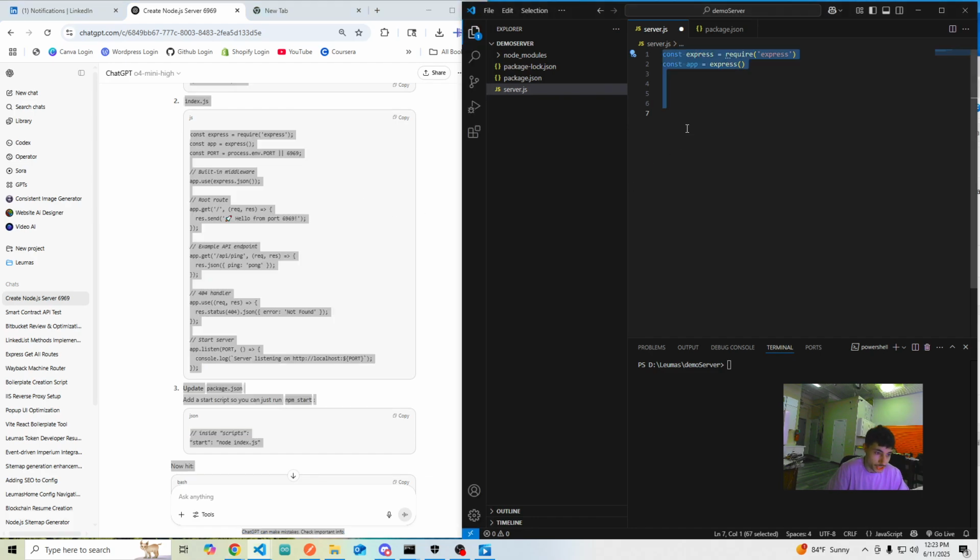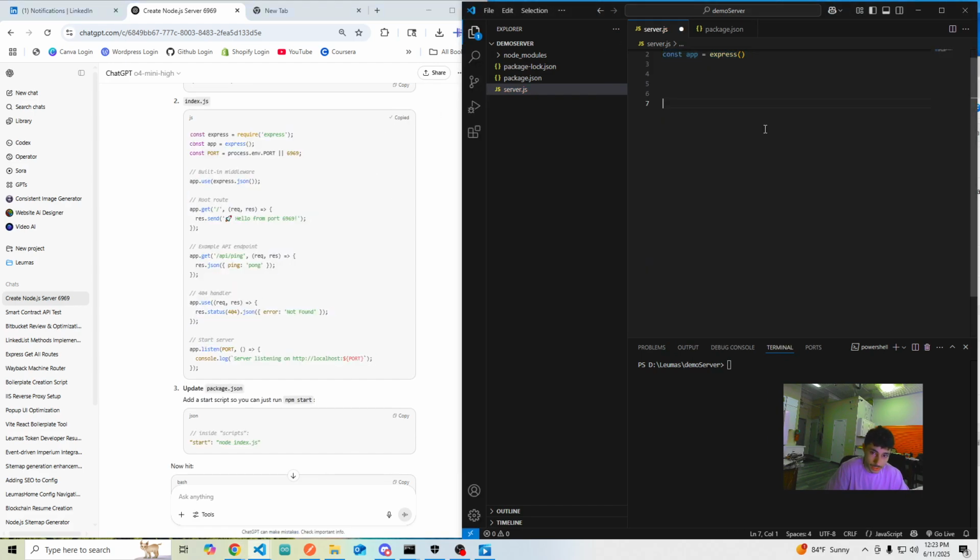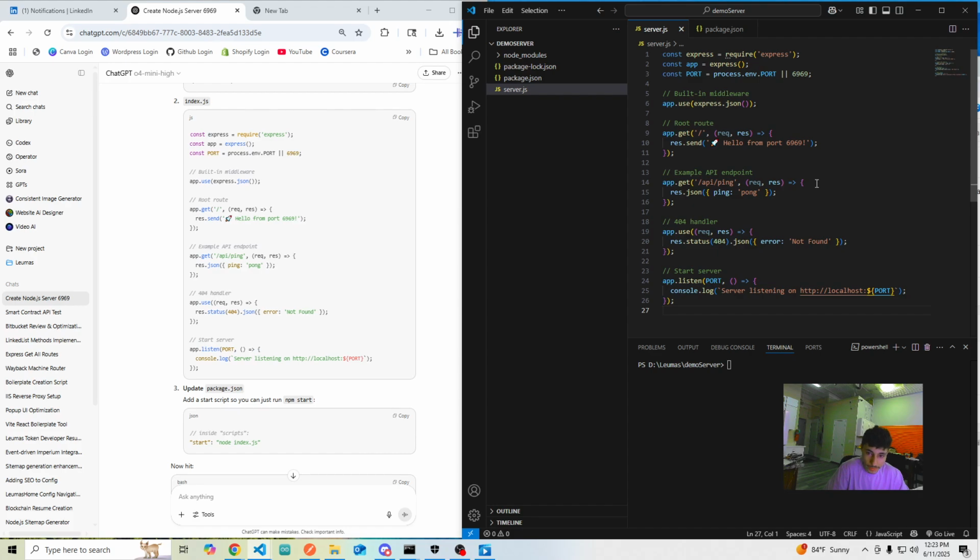We're actually going to copy this because I'm an idiot. I don't want to type the rest. I just wanted to see if I could. I can't. I'm sure I could, it would just take a long time. Okay, yeah, so that's basically our server. Now all we have to do is